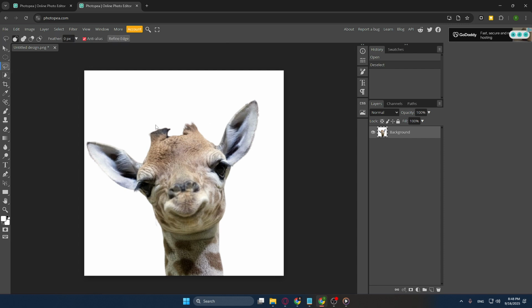With the lasso tool selected, go ahead and draw around the object or area you wish to remove. As you carefully outline the section, you'll see a dotted line appear indicating your selection. It doesn't have to be perfect, but try to keep close to the edges of the object for a cleaner edit. Once you've made the selection, you'll move on to the next step, which involves using the Content-Aware Fill feature,